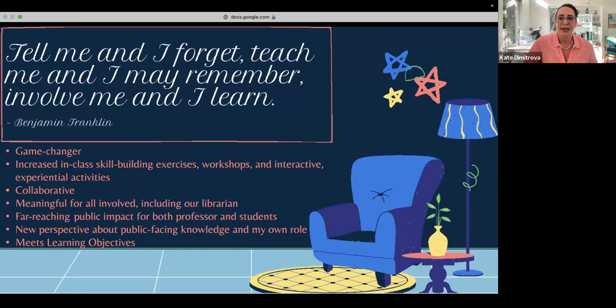So tapping into what Alyssa said, it's also incredibly collaborative, not only between the students and among the students and the different groups, but me with them, us with the librarian. So it's incredibly meaningful for everyone involved. The far-reaching impact for both the professors, for me and for my students, has been really kind of interesting to watch. Kind of thinking about what Natchee said, I have students who also work off a list.